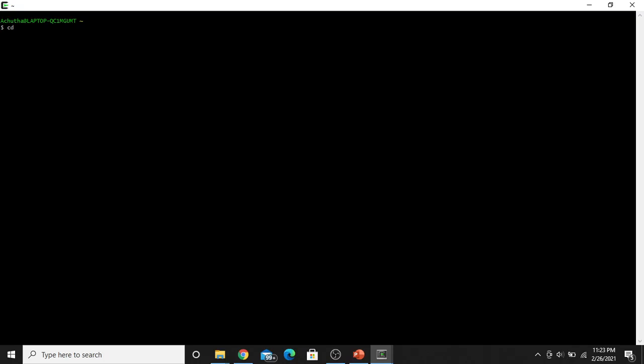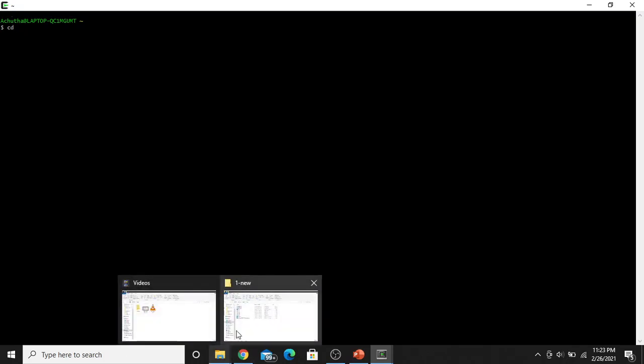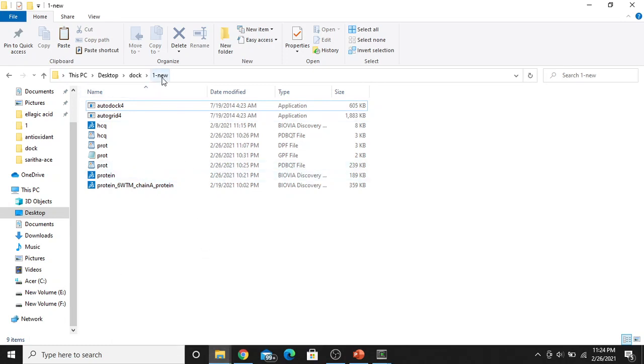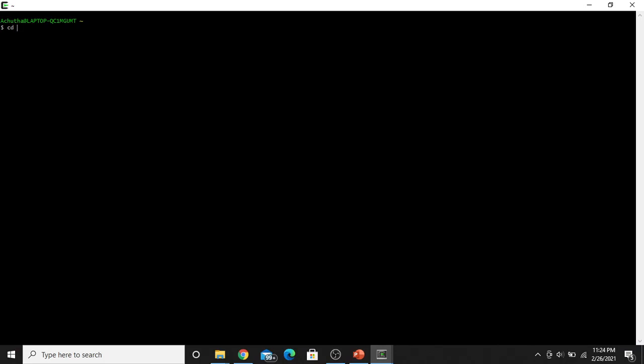First you have to type cd and give a space, and then copy your folder address. How can you copy your folder address? You go to your folder, and the path will be shown at the top. In the name of the folder, you just right click and then click on copy address. Your address will be copied, and then click in the terminal and paste. So the command is cd, space, and the address of your folder. For any command on Cygwin to work, you have to press enter. After you have finished the command, just press enter.